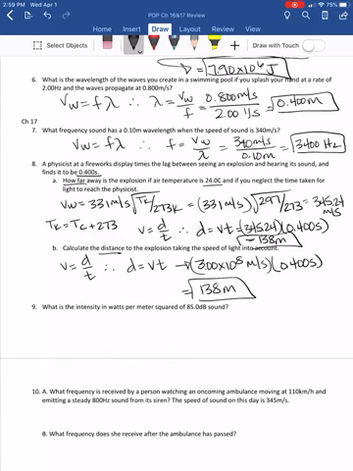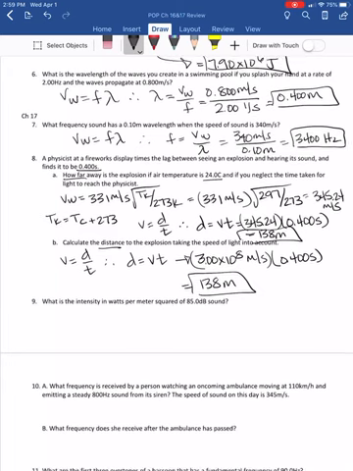Okay. This next one says, what is the intensity in watts per meter squared of 85 decibel sound? Okay. So whenever you go to do this one,